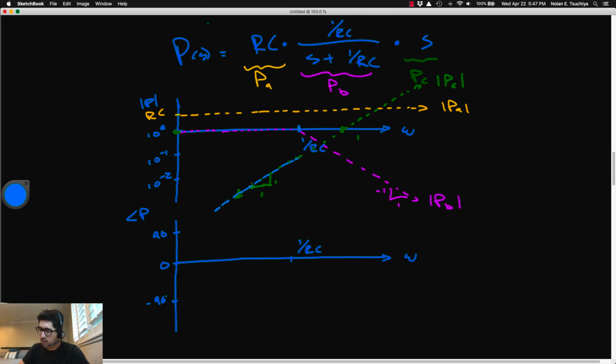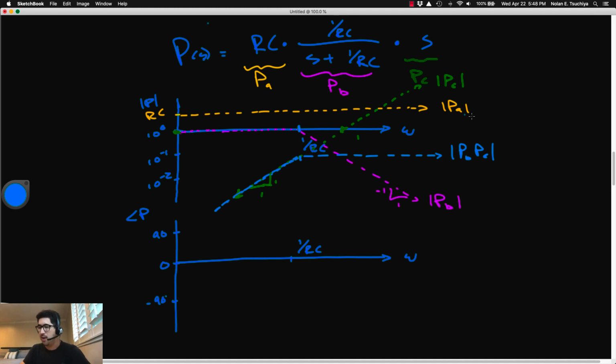Okay, so as we sketch up here, we reach a frequency of 1 over RC, at which point we see a slope of negative 1 being superimposed with the slope of positive 1, which means those are going to cancel and we're going to level out. So right here we have the asymptotic approximation for the product of P_B and P_C. Now we just need to superimpose this new plot with the P sub A